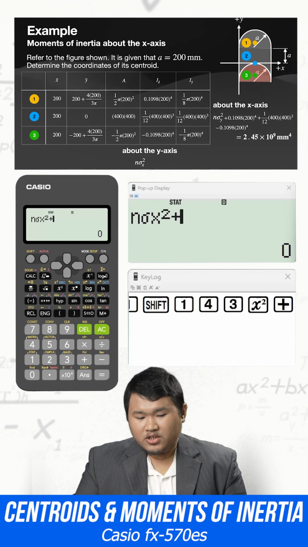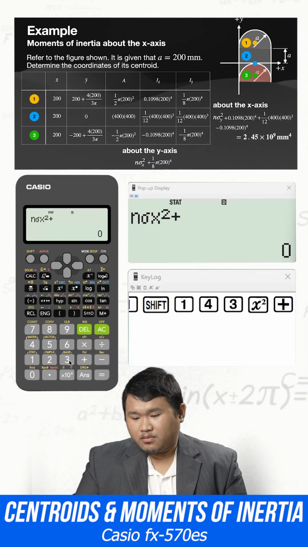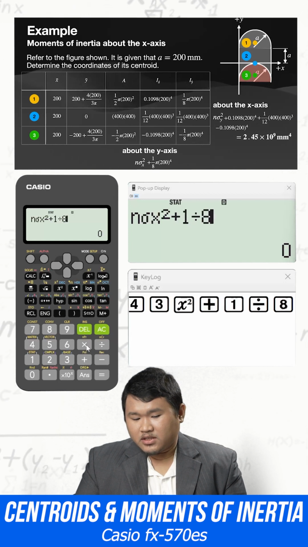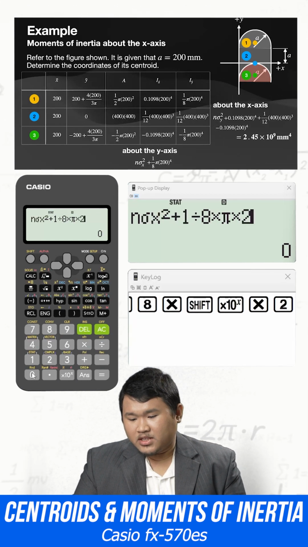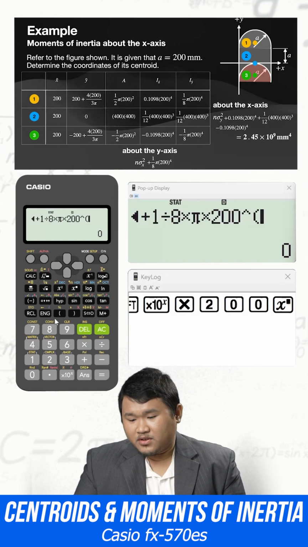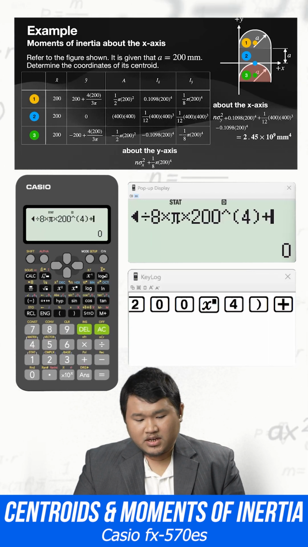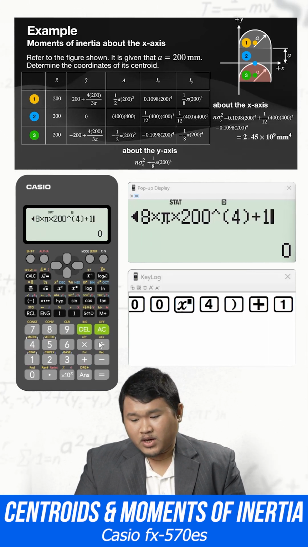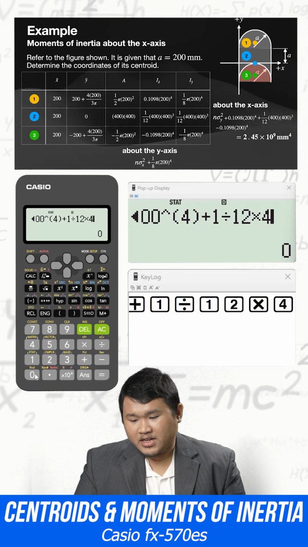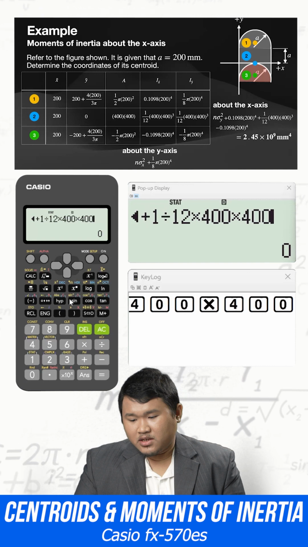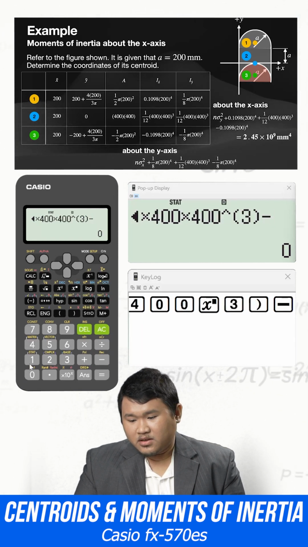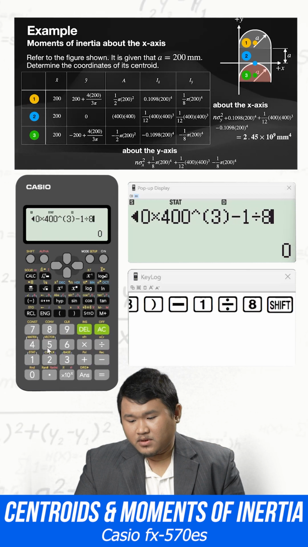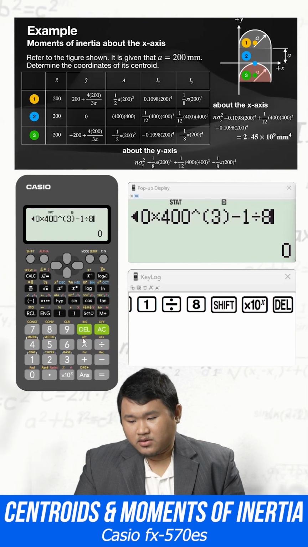So let's start with shape 1. 1/8 times pi, so shape, and then times 200 raised to 4, and then plus the second shape 1 over 12 times 400 times 400 cubed, and then for the third shape, so that's minus 1/8 pi, so times pi